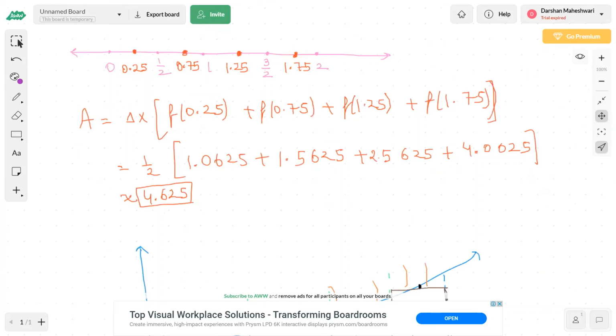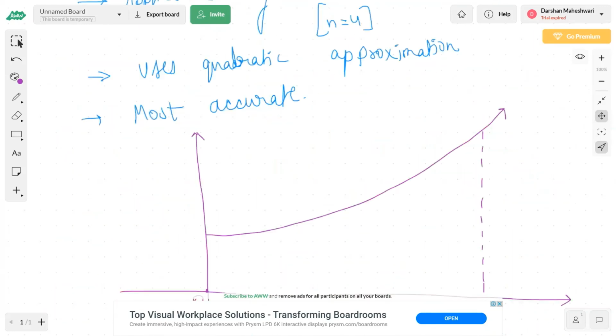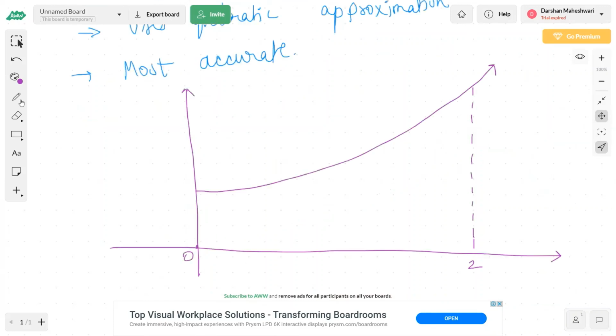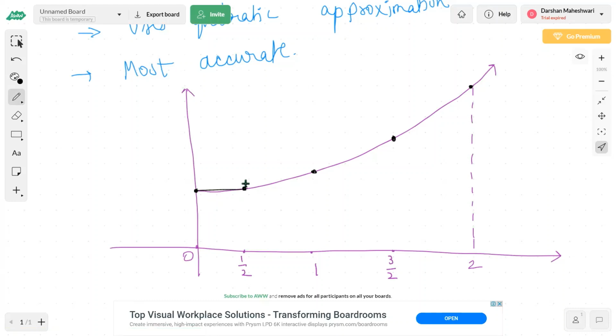But in Simpson's one-third rule, what we do is we approximate the region in between the 2 points using the quadratic approximation. I'll just give you a brief idea about how this works. Let's first start by, again, we have to use the 5 points. So we'll plot the functional values at these points. Had it been trapezoidal, I would have surely connected these two just like this, with a straight line. But in Simpson's,